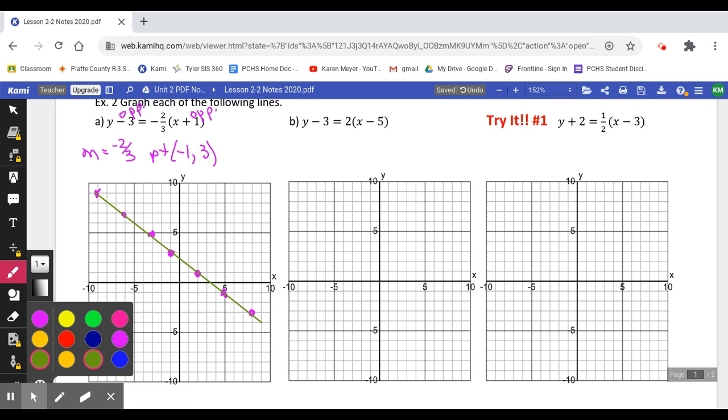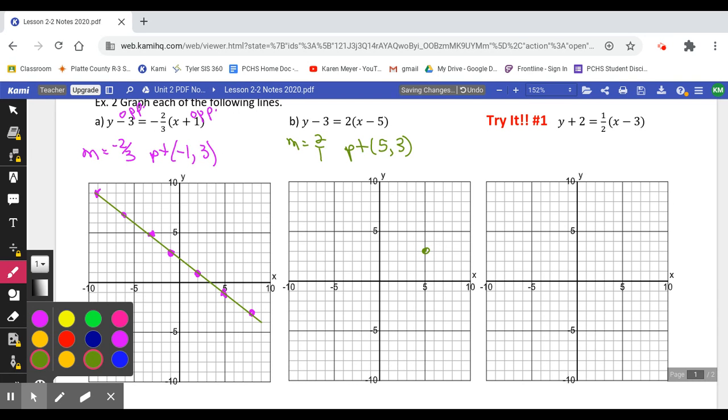All right, so let's go to the next one. Slope is 2, so I'm going to think of that as a fraction, 2 over 1. Then for my point, remember, switch the signs. So negative 5 becomes positive 5, and negative 3 becomes positive 3. So then start with the point (5, 3),